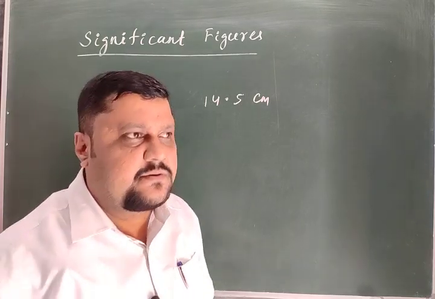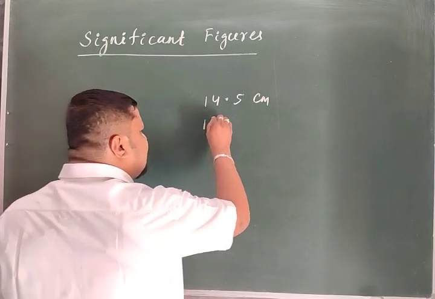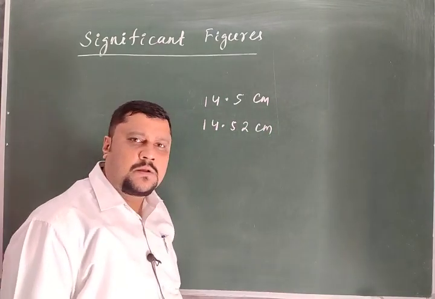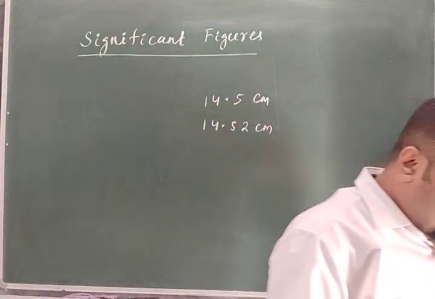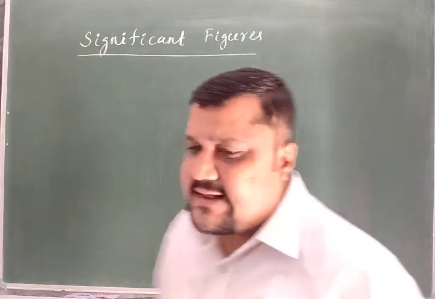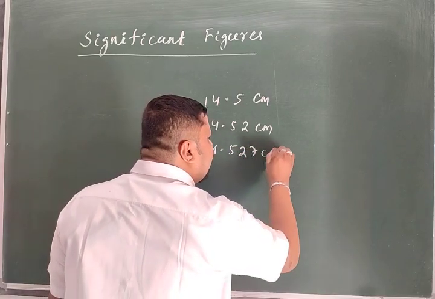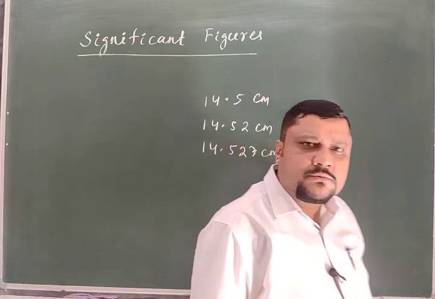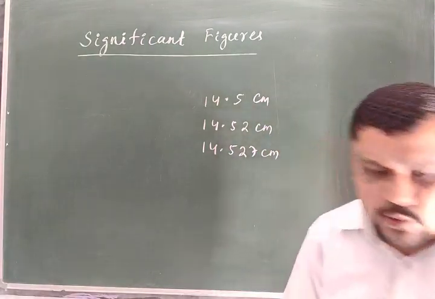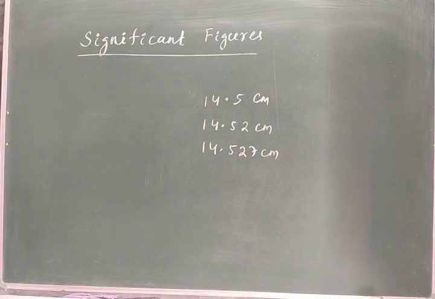And another person comes and he measured and he expressed the length as 14.52 centimeter. Then another person comes and he measured and he expressed that as 14.527 centimeter. What this means? If you see these measurements, clear? So, in these three measurements,